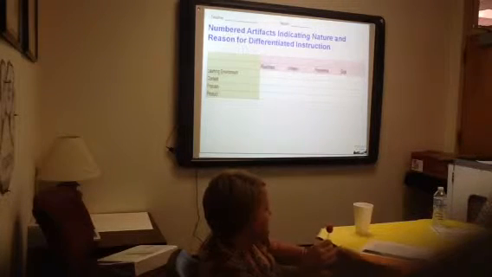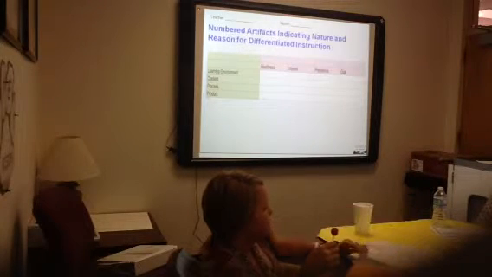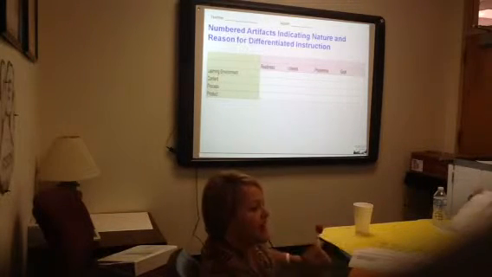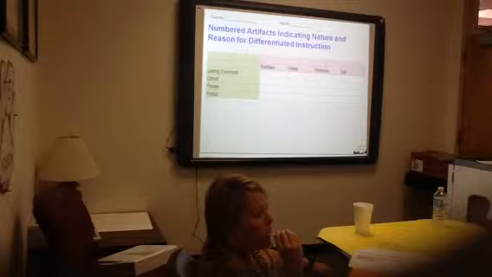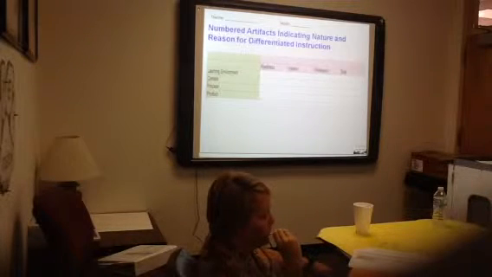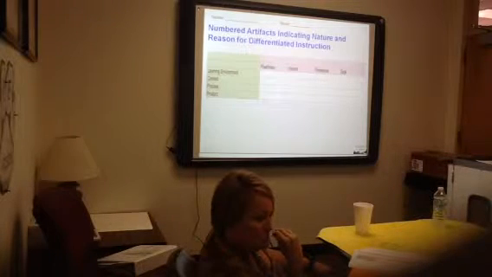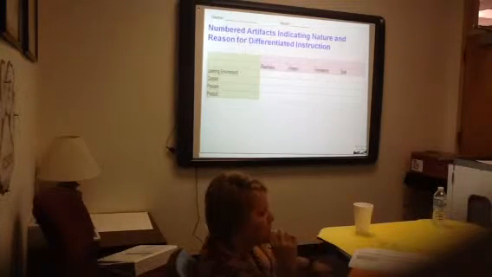We've talked about how to use this form, possibly just keeping it in your mind, possibly hanging it up, possibly having it posted somewhere as a reminder when you're collaboratively planning. But also, I would keep a little folder, and by no means would I have folders for every kid. That's just, whoa, no. But I might have one folder, and I'll just call it Barbara's differentiation folder. And I would put that in the front of it.